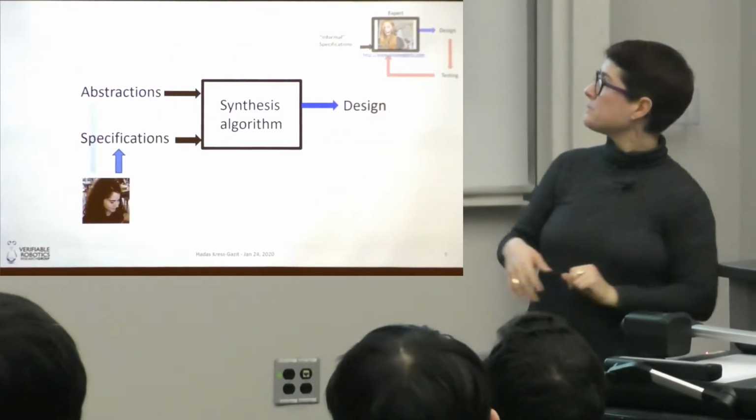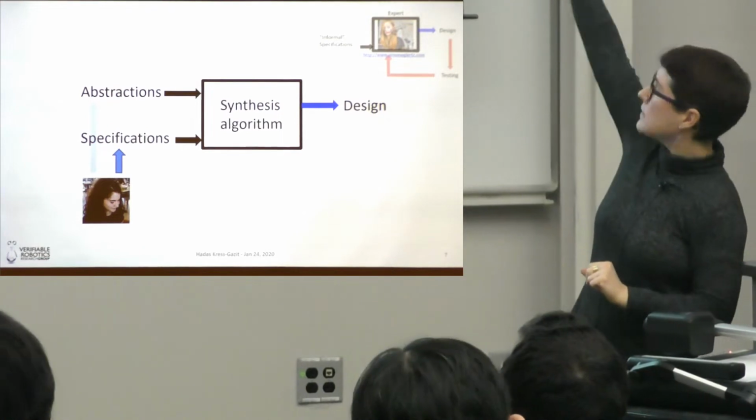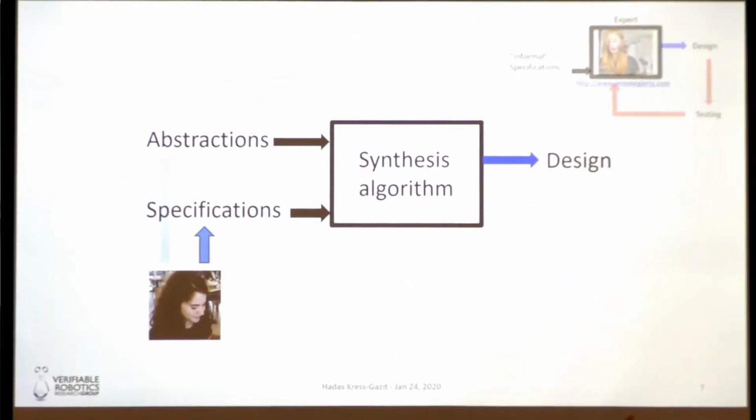So what does this mean? This means that the top one is kind of where we are right now. And of course, I'm exaggerating. Of course, there are people who are doing automation. There are people here who are doing these things in a really, really great way. But the shift is going to go from having informal specifications to having these abstractions, these pieces, these building blocks, whatever that means.